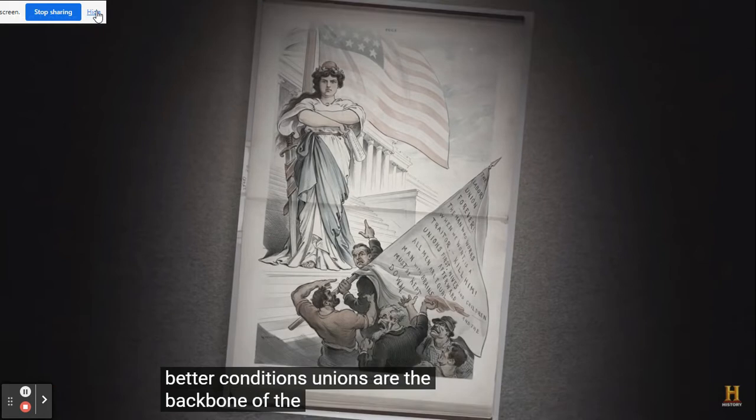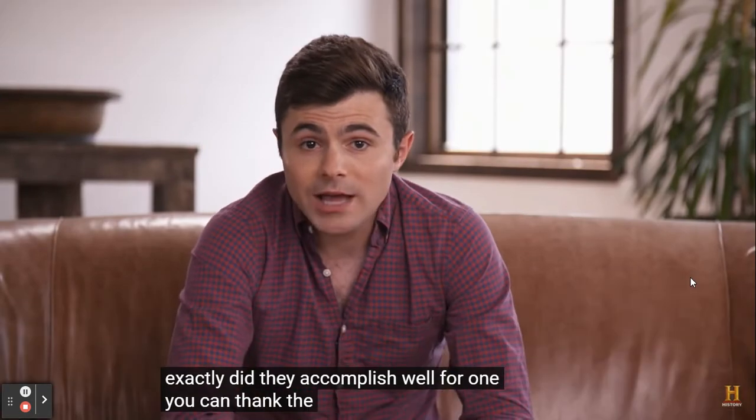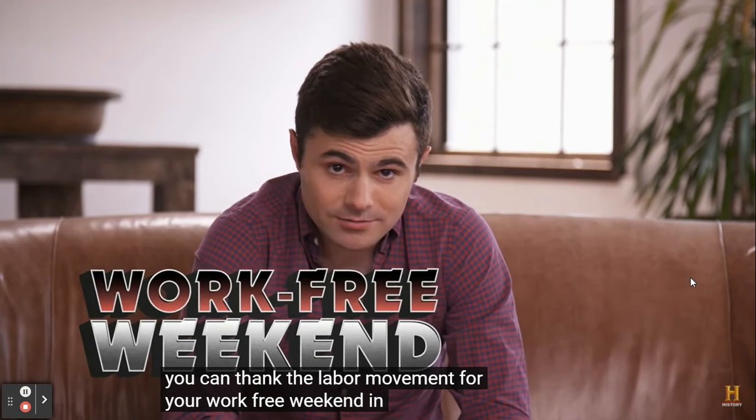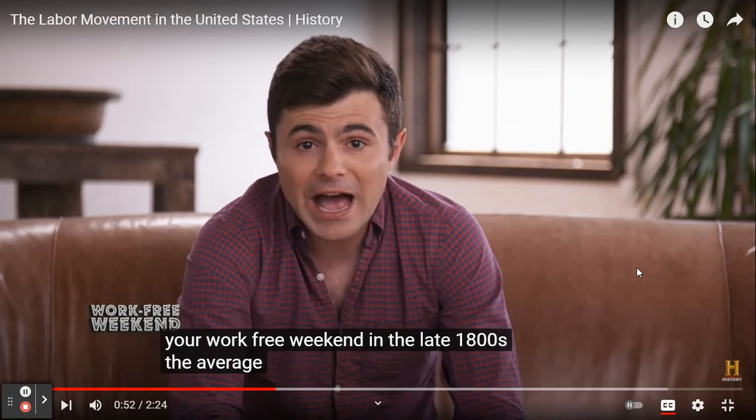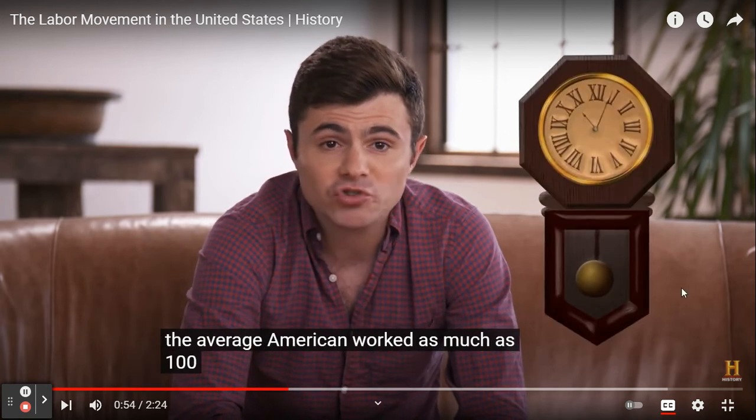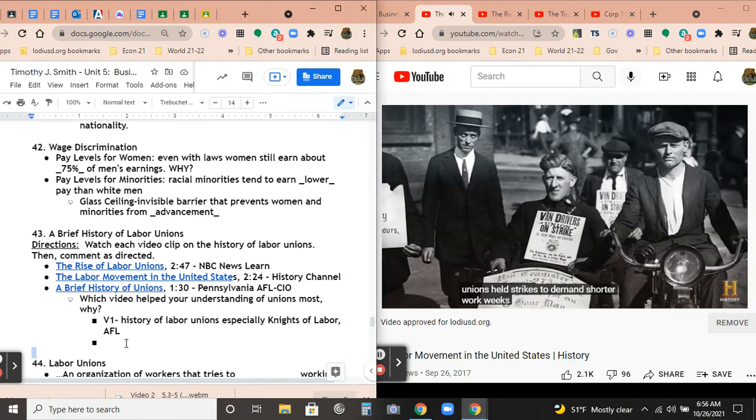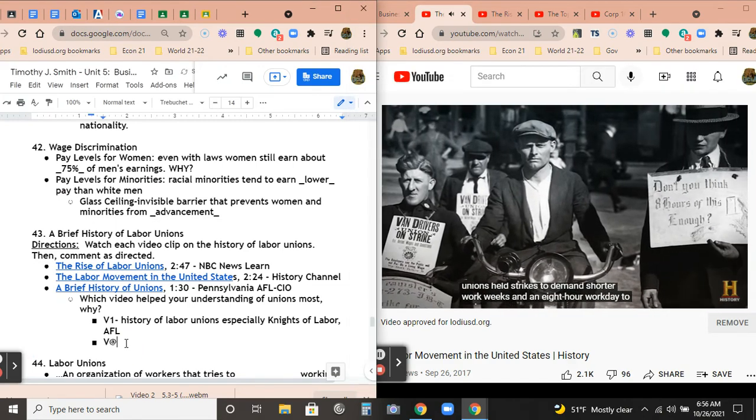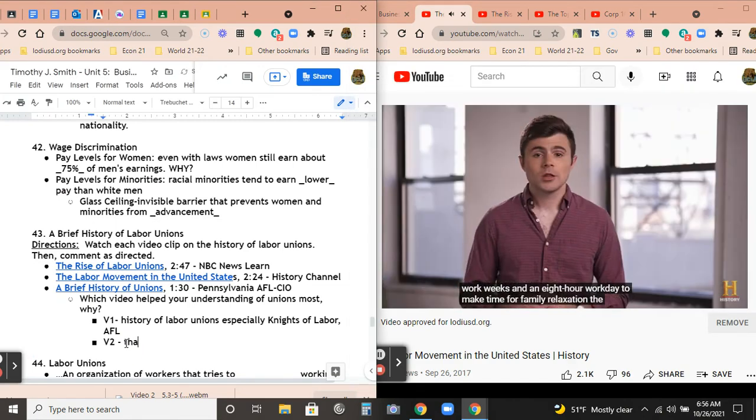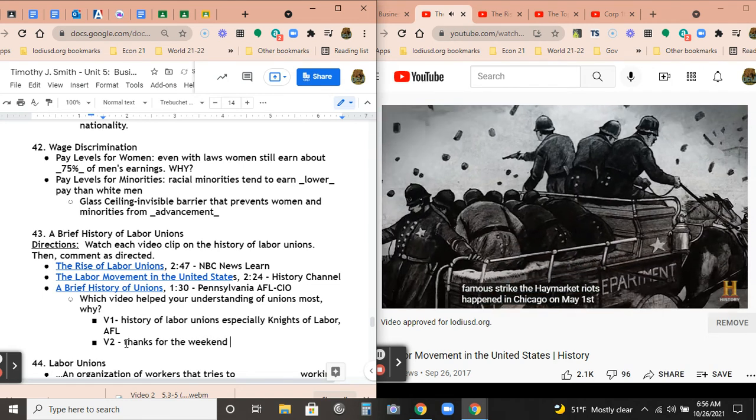Unions are the backbone of the labor movement. But what exactly did they accomplish? Well, for one, you can thank the labor movement for your work-free weekend. In the late 1800s, the average American worker worked as much as 100 hours a week. Unions held strikes to demand shorter work weeks and an 8-hour workday to make time for family and relaxation. The most famous strike, the Haymarket Riots, happened in Chicago on May 1st,